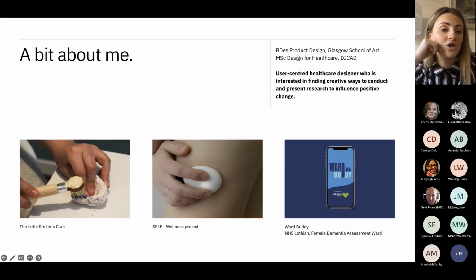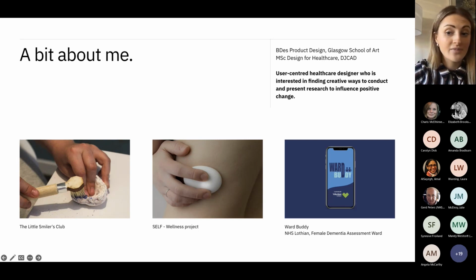So before I start, I just thought it'd be good to introduce myself. I studied product design at Glasgow School of Art and I graduated in 2020. Before this, I trained as a dental assistant. I was unsure after school whether I wanted to become a hygienist or not, so I did a little bit of work experience before uni and then ultimately decided to go to art school instead. But coming from that background of working in a healthcare setting, I really wanted to use my design platform